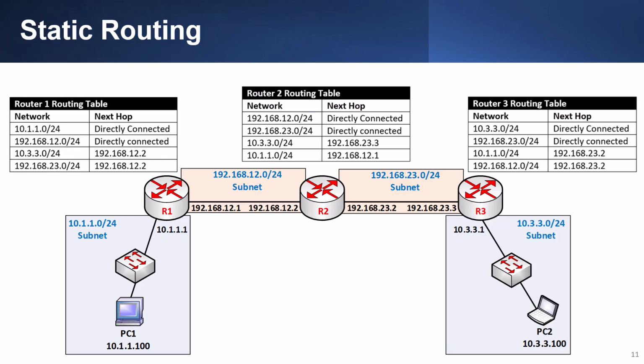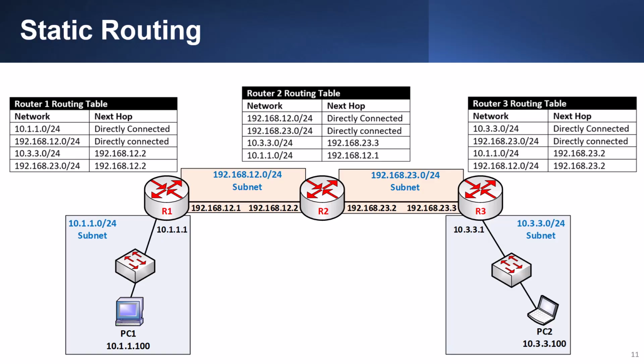Here's an example of 3 routers, each with its own routing table. The routing table shows what is connected directly to the router and a list of remote subnets and the next hop to get to the remote subnet. If PC1 needs to communicate with PC2, it will send the packets to its default gateway. It will usually determine that 10.3.3.100 is on a remote subnet and sends the packets to the default gateway, which is 10.1.1.1. The router will look at the router 1 routing table and determine to get to the